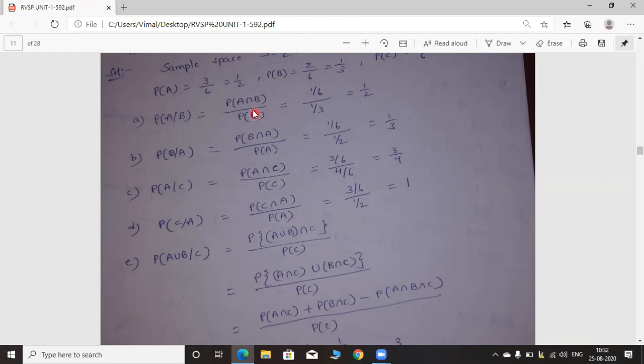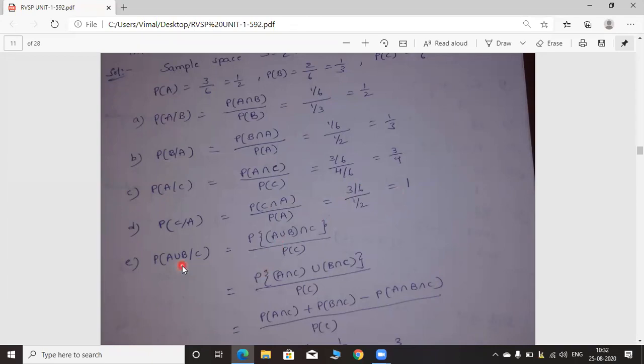Probability of A is already calculated, that is nothing but 1 by 2. So you have to write 1 by 2 here. Okay, so which is nothing but, this 2 is present in the denominator of denominator. So you may take it to numerator. You will get 2 3s, 2 into 3, 6, 6 by 6, you will get 1 only.